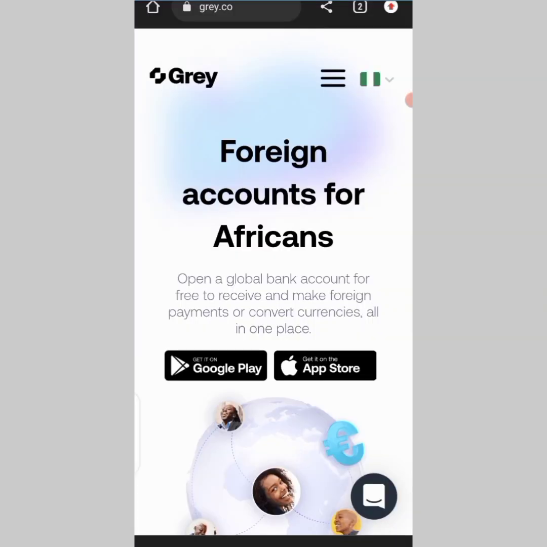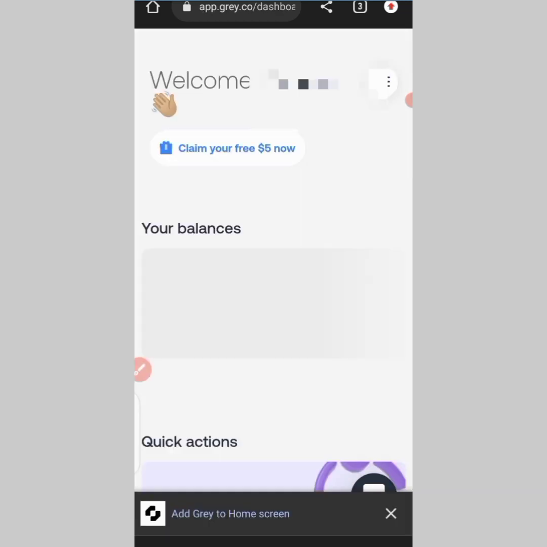So as you can see, this is a foreign account for Africans. You can create an account on gray.co. I will leave a link in the description of this video so that you'll be able to create an account. After creating an account, you will need to log in to your account, which I'm going to do right now. So this is